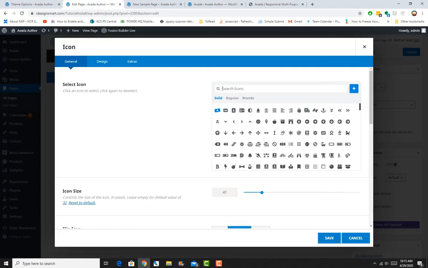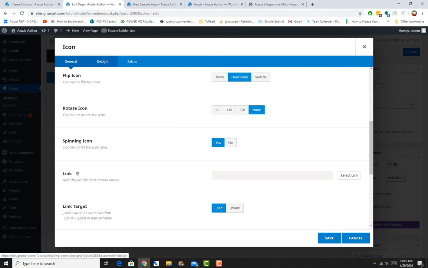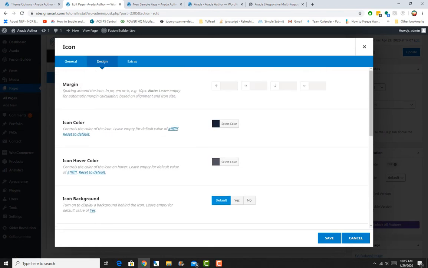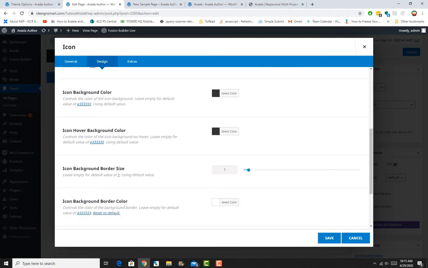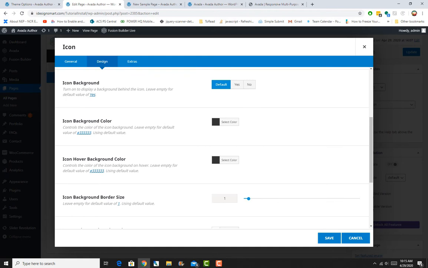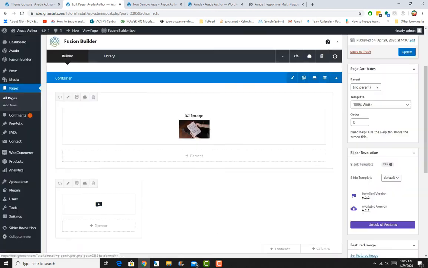And right now I think it's displayed in a circle, so there is an option for that too, that you can turn on and off. So margin, icon color, hover, background. Okay, so maybe I can make the background color transparent, and then you won't see the background behind that. So if I update,